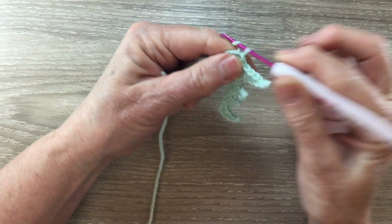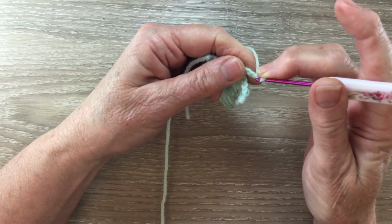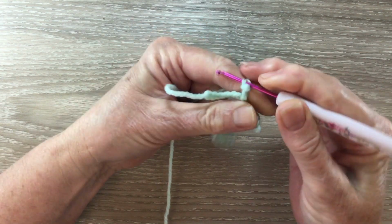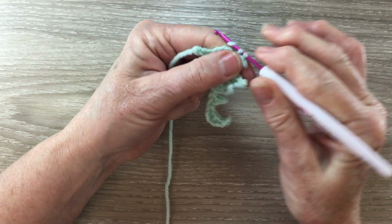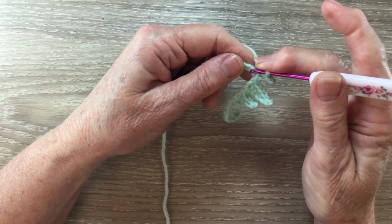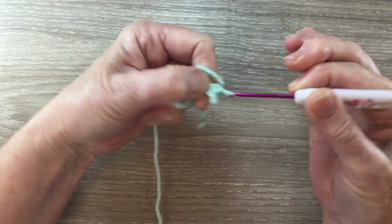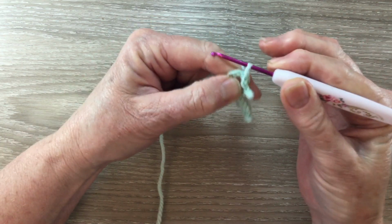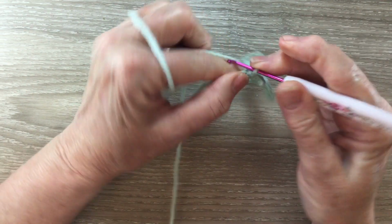And then work 3 chain, slip stitch in the second chain from the hook, and then work a single crochet into the next chain, and then slip stitch into each of the next 2 of the original chain, and then work 5 chain,